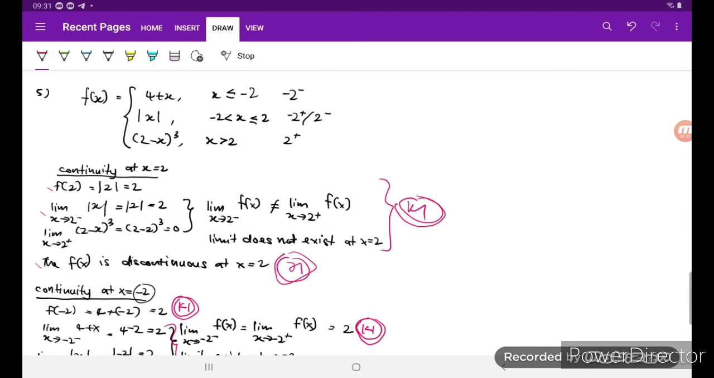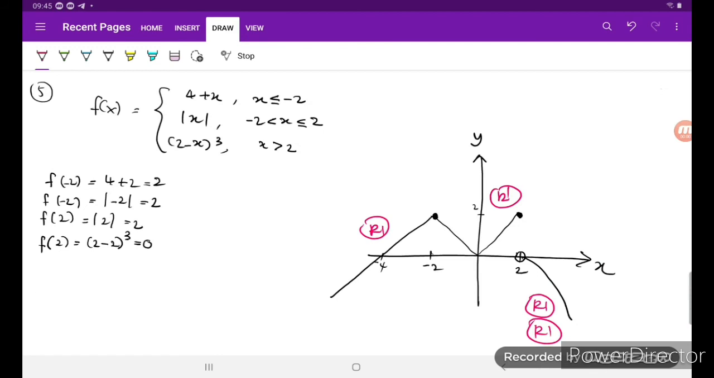We haven't discussed sketching of the graph yet. Question 5 for graph sketching. We sketch the y and x axis first, and then we put all the values of x on the graph, which is -2 and 2. So we put -2 and 2,